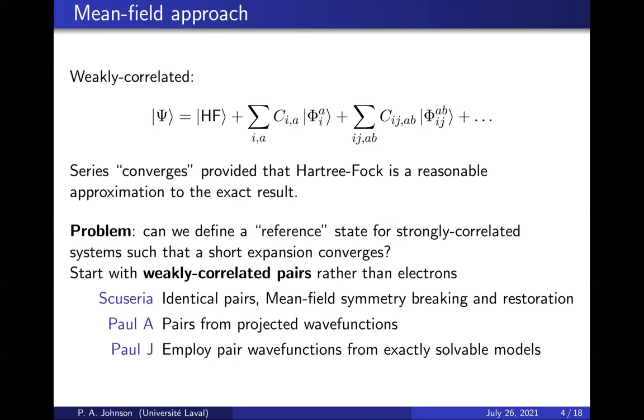So the approach that we like to take, and we are not alone, is we would like to think of a reference that is not a single Slater determinant, that has a better description of the mean field behavior. And we would like to build our complicated wave function in the basis of those states. So strong correlation is many, many different effects. It is in general any effect that is not weakly correlated electrons. So let's try and subdivide that further so that we can make some measurable progress on this. And the easiest or most straightforward, perhaps, first step is to think about weakly correlated pairs instead of weakly correlated